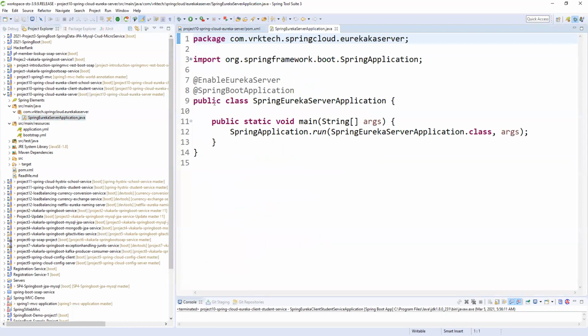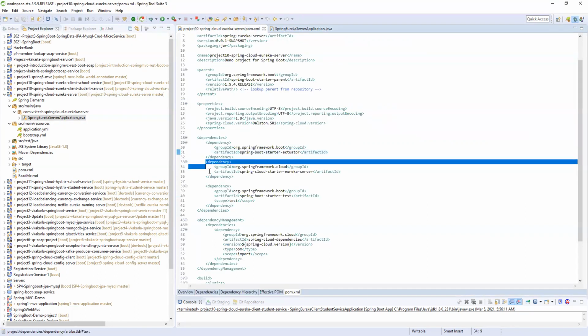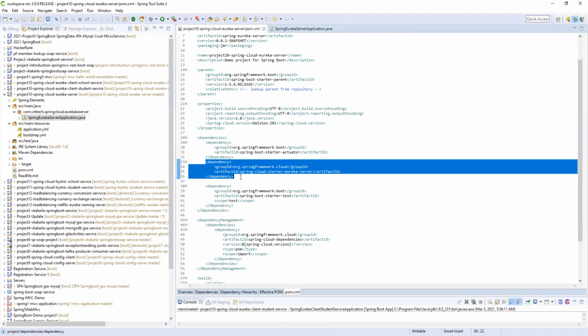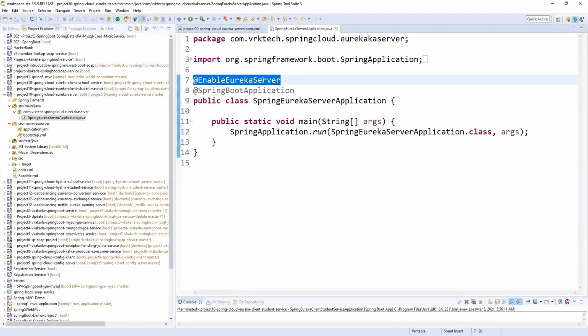Coming to this application, whenever we are using third party or external components related to cloud, we need to tell our Spring Boot, hey Spring Boot, I am using Eureka server, you need to enable that. I am providing @EnableEurekaServer, so that internally it will automatically enable and integrate this Eureka server based on the configurations, the runtime, and the availability of libraries. We already added this library or dependencies, so the Spring container will take care of that.